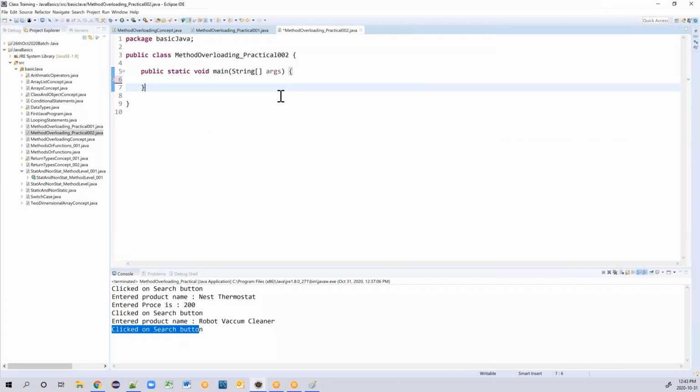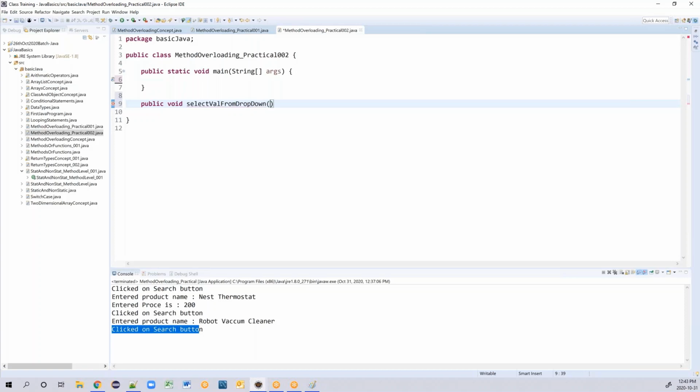Okay, so I'm creating a method, public void select value from drop down.